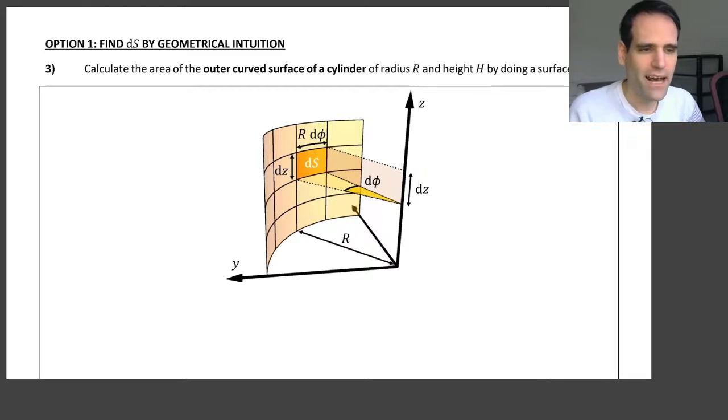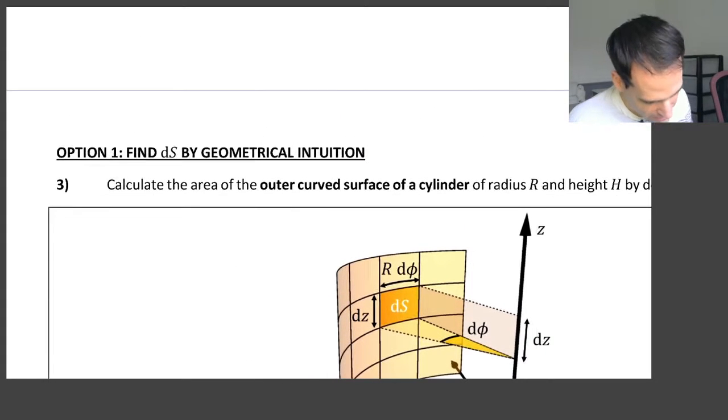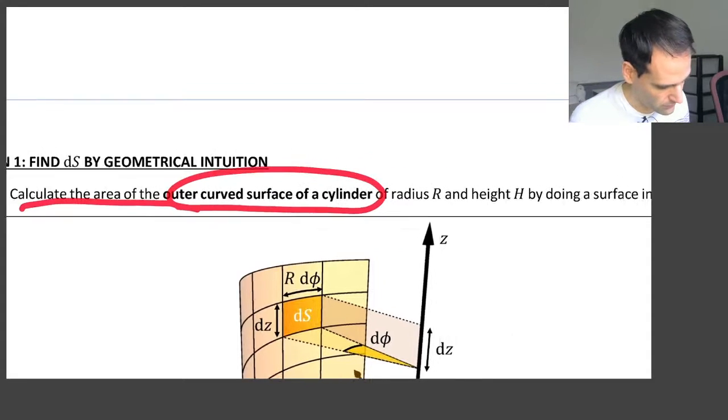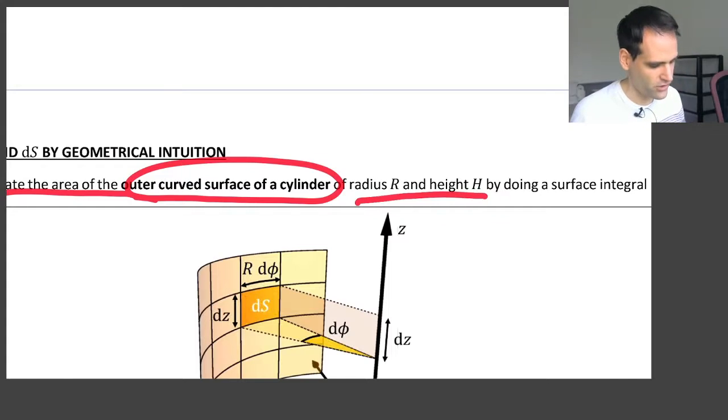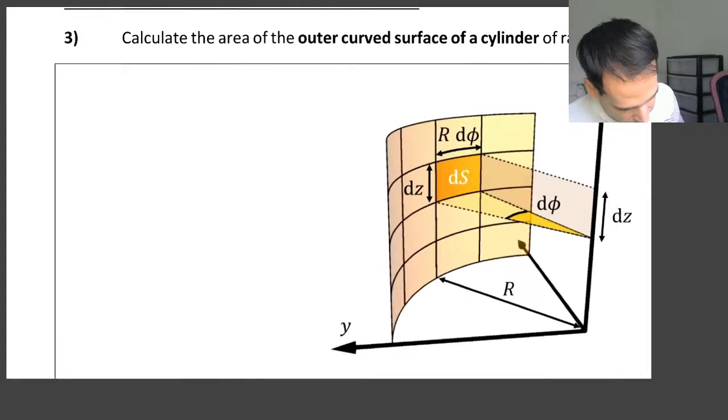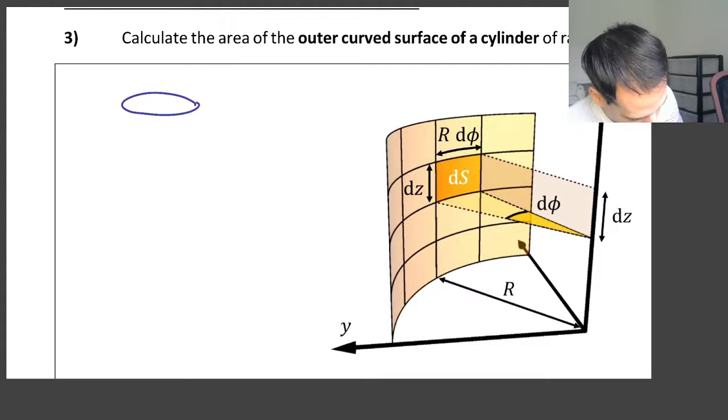So first, let's see how to find ds using geometrical intuition. Okay? So let's say I ask you this problem. Calculate the area of the outer curved surface of a cylinder of radius r and height h by doing a surface integral. Okay? So basically what I'm asking is for, if this is a cylinder,